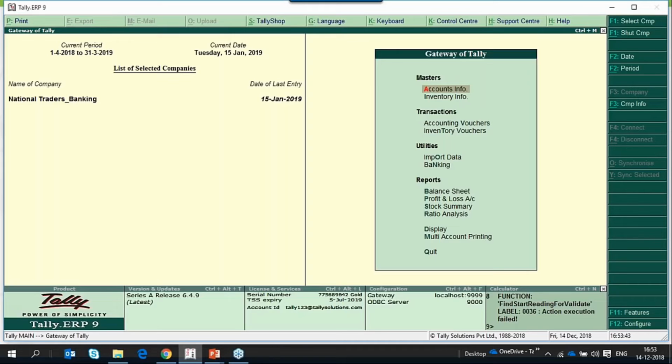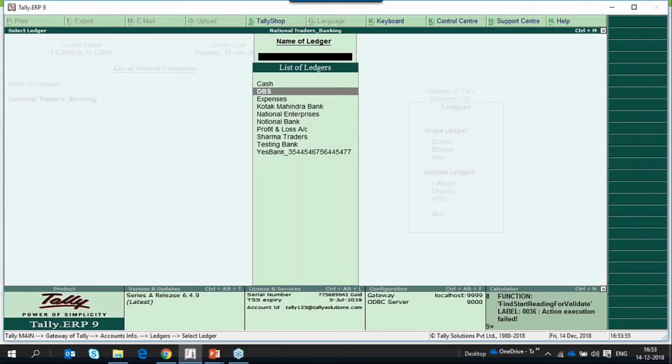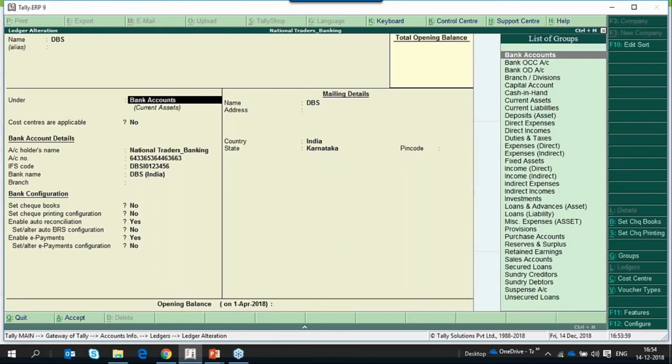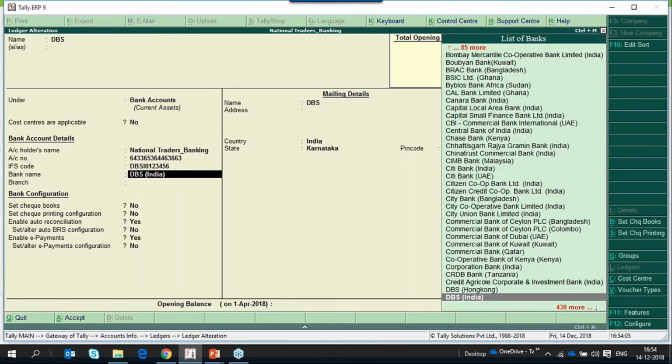So let me now explain how this e-payments feature works in Tally. First, let me go to the bank ledger, go to alteration of DBS. Here I have created a bank called DBS under bank accounts, and I have selected DBS India from the list.